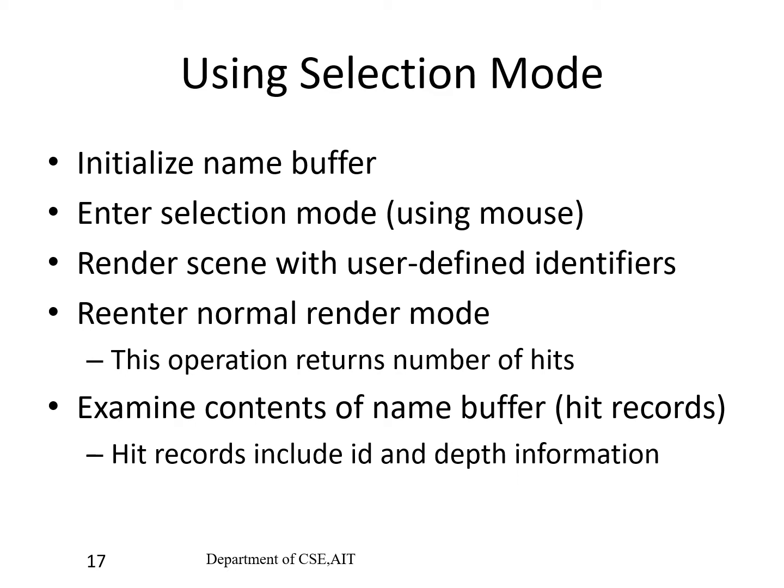Otherwise, we can find three types of information. The first one is the number of names on the name stack when there is a hit. That means the number can be equal to 1. And then we have two integers that give us the minimum and the maximum depth of the hit primitive. Because we are working in 2 dimensions, these values will not provide useful information, because realistic data will always be in 3 dimensions. For 3 dimensional applications, we can make use of these values, and then we can determine which is the front object and which is the back object that must be picked here.